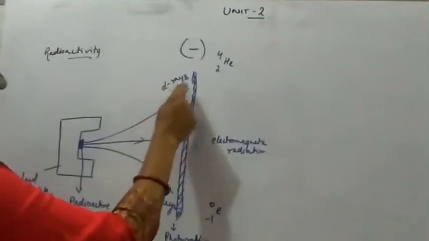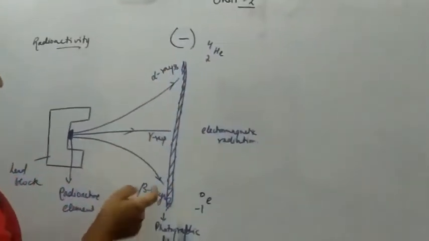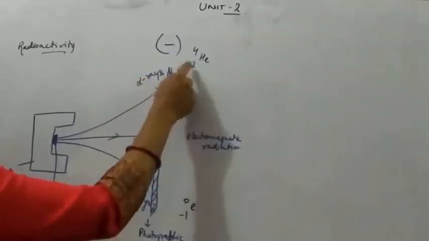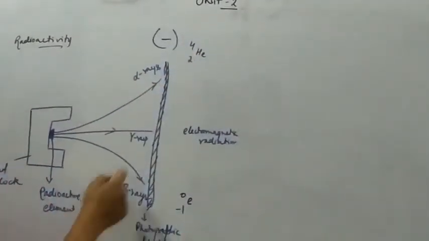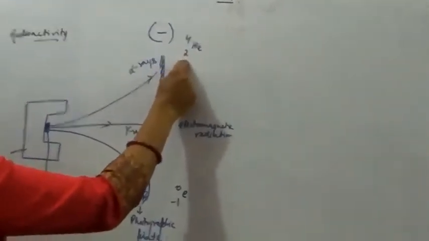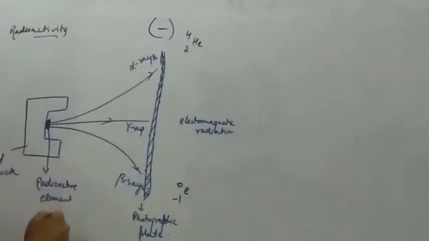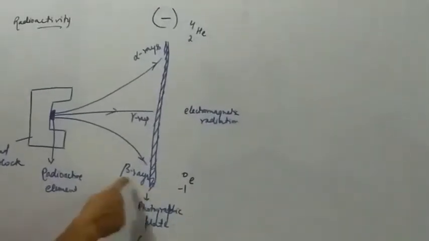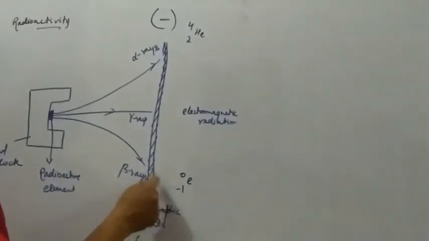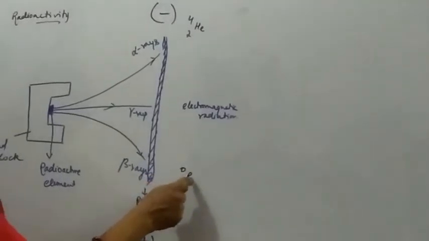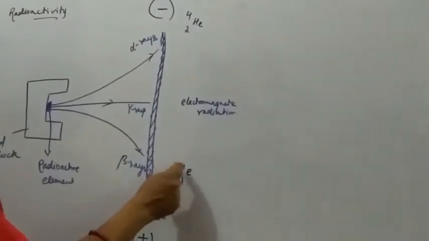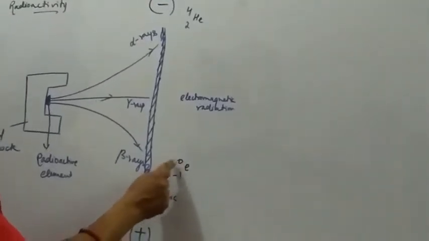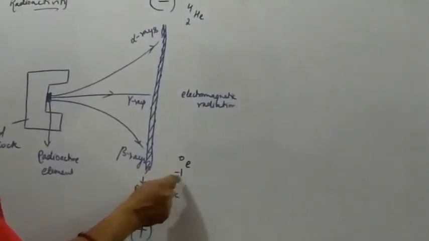Alpha rays are just the same as helium nuclei, right? They are known as positively charged alpha particles. Alpha rays are actually helium nuclei only, having a charge of 2 units and a mass number of 4. Now, the beta rays were actually negatively charged particles, and they were denoted by e, with 0 as the mass number, which is protons plus neutrons, and the charge is -1.